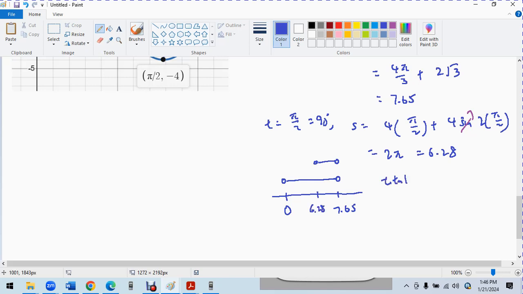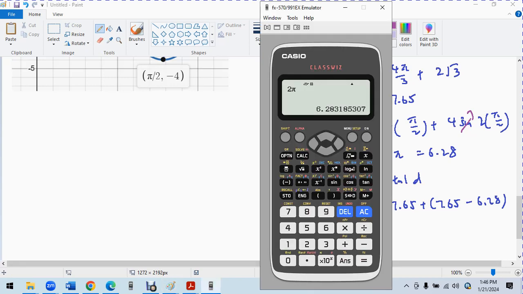So the total distance is 7.65 plus 7.65 minus 6.28. That is 7.65 times 2 minus 6.28, which is 9.02